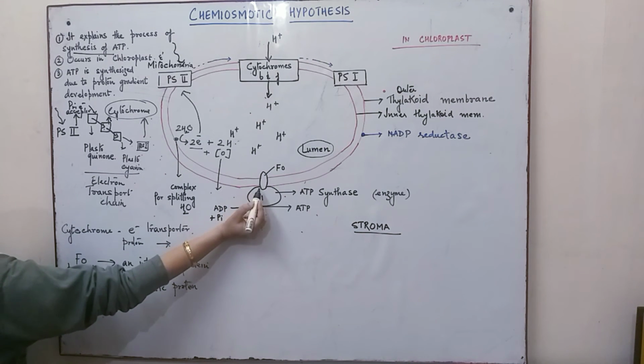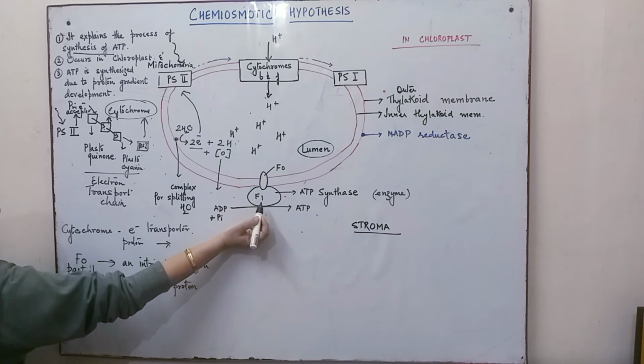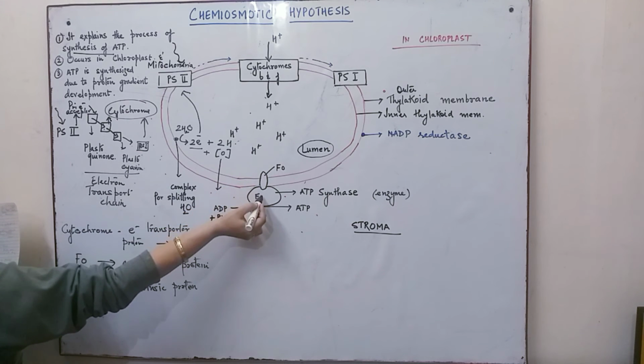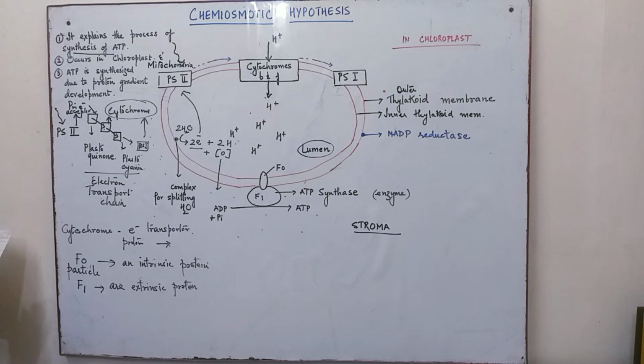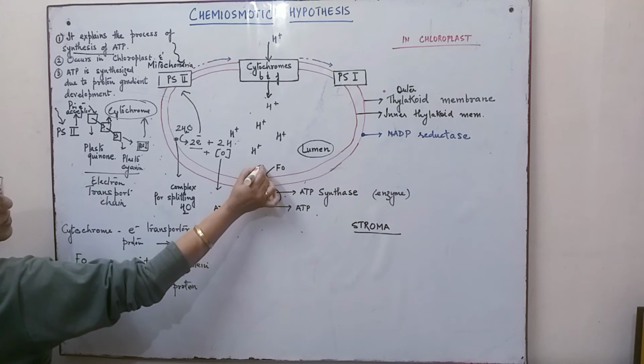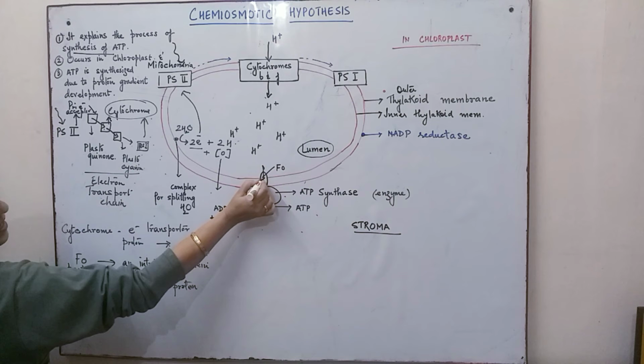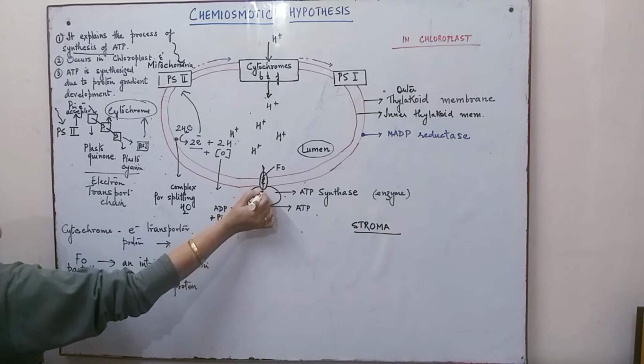of the thylakoid. Because it is present towards the outer side, it is known as the extrinsic protein. Now, the protons can come only through this channel. What is happening over here is that as protons move from high concentration to low concentration through these channels, they release energy. If we mark over here, the proton will be entering over here with high energy, and it will release energy